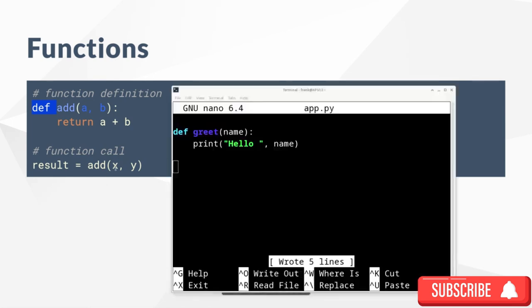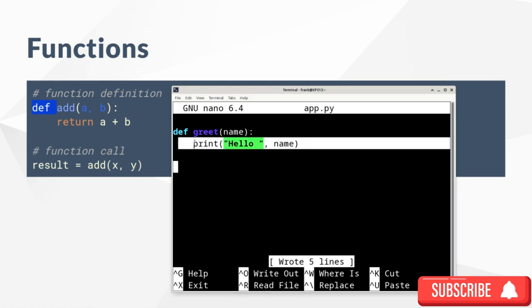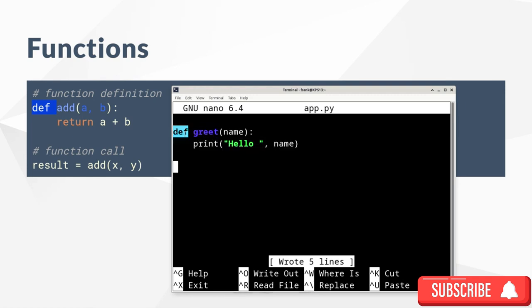Here we have a function that, given a name, prints the name to the screen. The function is called greet, and we know it's a function because it has the characters def or define in front of it. A function must be called. If this is the program, it doesn't do anything. We need to call it with its name. So we can say greet with whatever name. If you run the program,